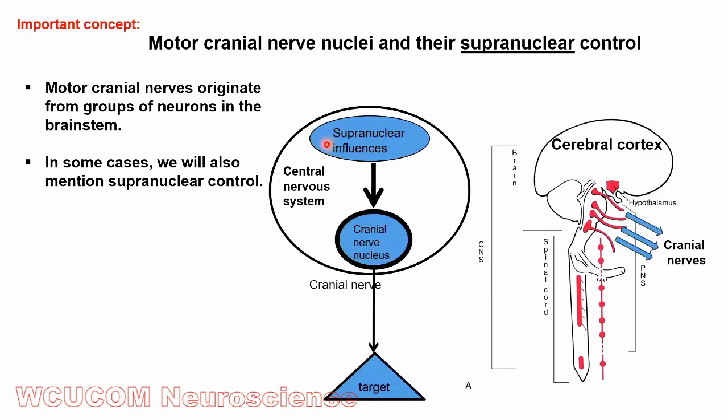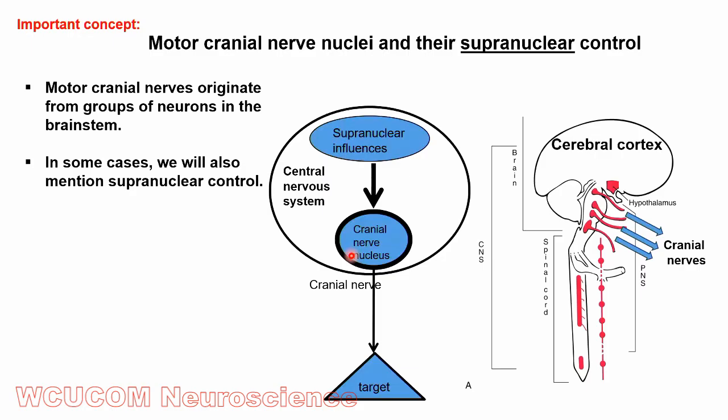And this is clinically critical. It's called supranuclear control. Supranuclear control of motor cranial nerves, right? Because they are, in fact, lower motor neurons for those functions. So just like for the rest of the body, mediated via spinal cord, where you find the alpha motor neurons, lower motor neurons in the ventral horn, we have the equivalent of these, but they would have to be divided among all of those cranial nerve nuclei,